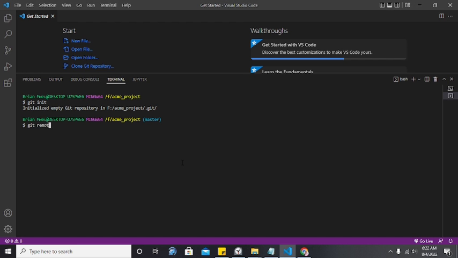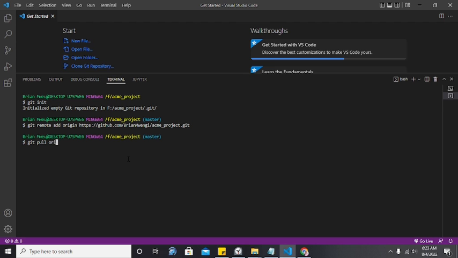So this one is the one that I'm going to copy, and then here I'm going to type this command git remote add origin, and then add the HTTPS link, and then click enter. So now it has added them. Now once that is done, it has just added, but now we need to fetch all the files from the central repo to the local repo. So I'm going to type this command git pull